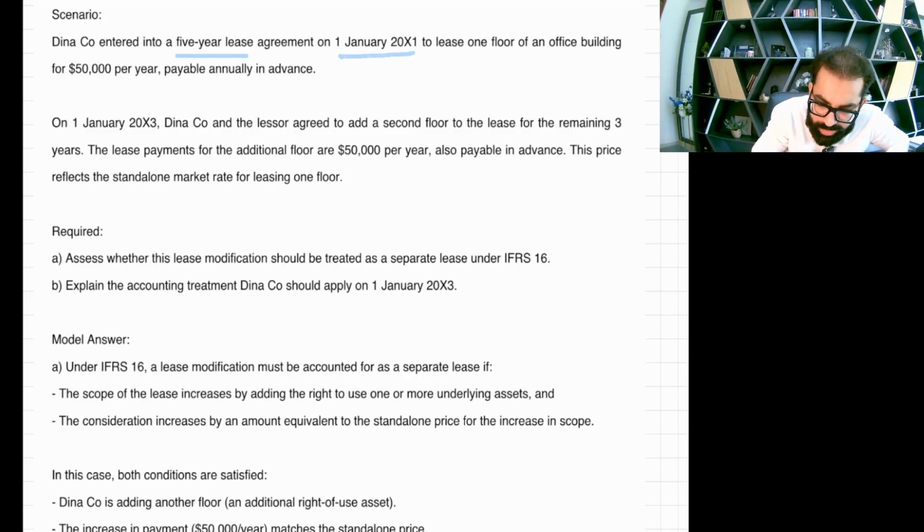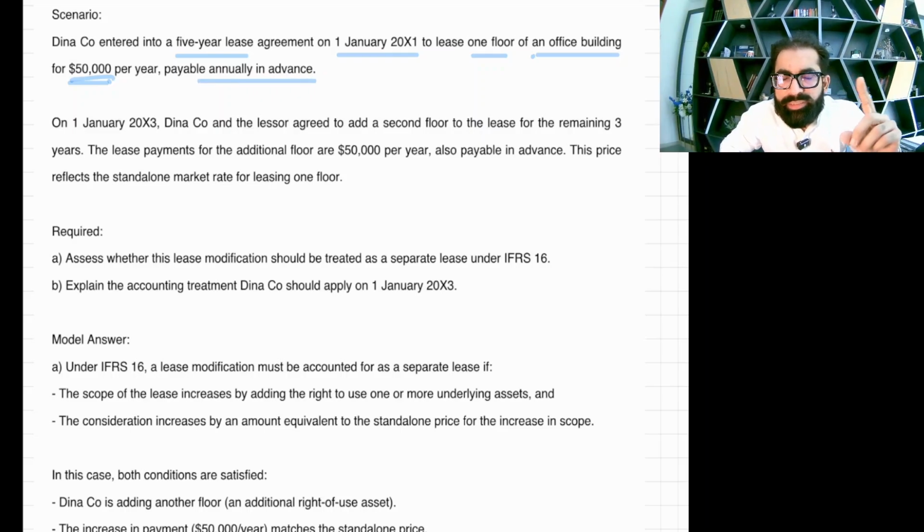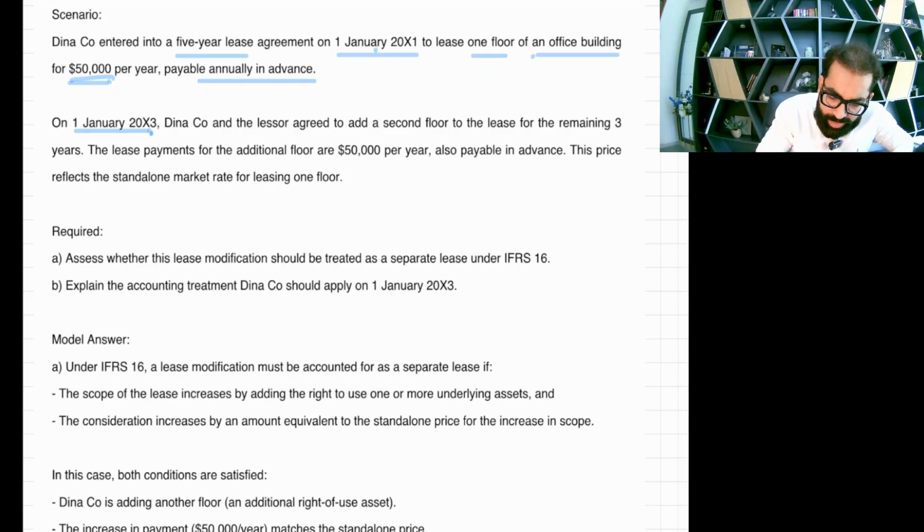Agreement on 1st January X1 to lease one floor of an office building for $50,000 per year, payable annually in advance. Okay, so initially the lease starts on 1st January X1 and we have only one floor, right? Then on 1st January X3, after 2 years, this is the date of modification. Dina company and the lessor agreed to add